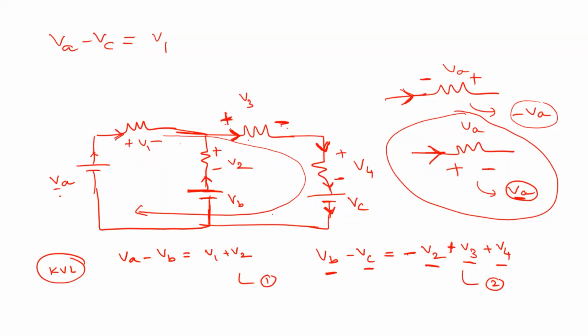Next, V1 plus V3 plus V4. So this is equation 3, for example. Let us assume that we add equations 1 and 2, so what will you get? VA minus VC equals V1 plus V3 plus V4. So that means equation 3, right? Agree? Yes. Okay, so 1 plus 2 gives 3, so that's why it is agreed.